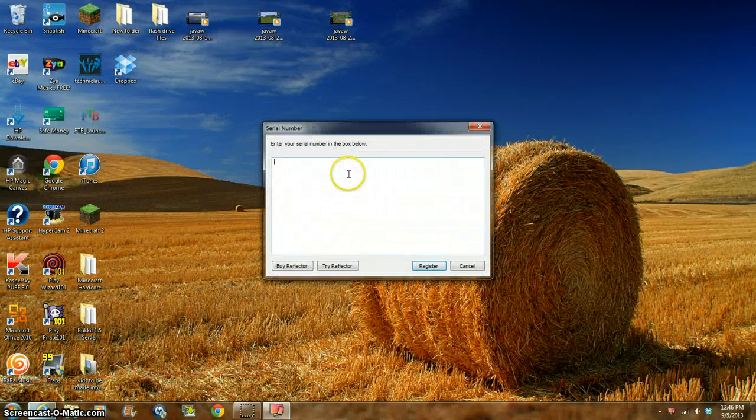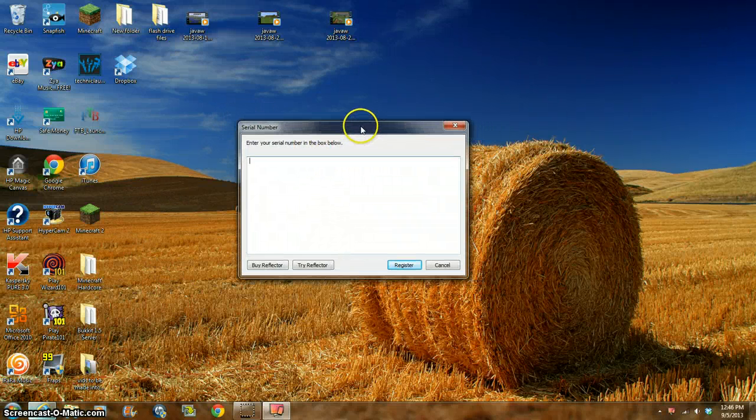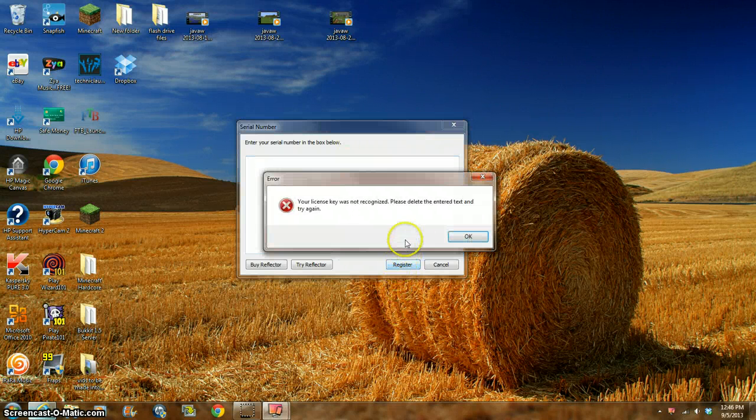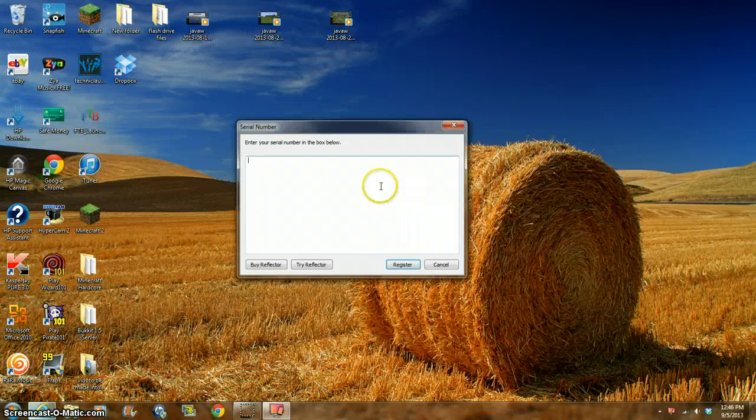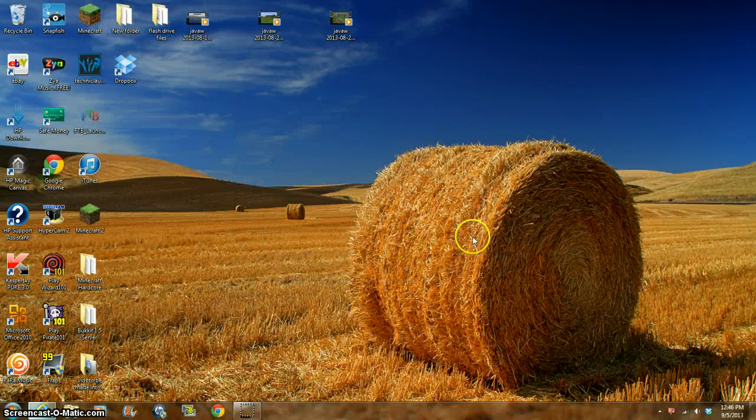Enter. And now, to register your iPad to be able to use it, you just need to put in your serial number. But I have the free version, so I can't click register. I have to try it. So once I click try